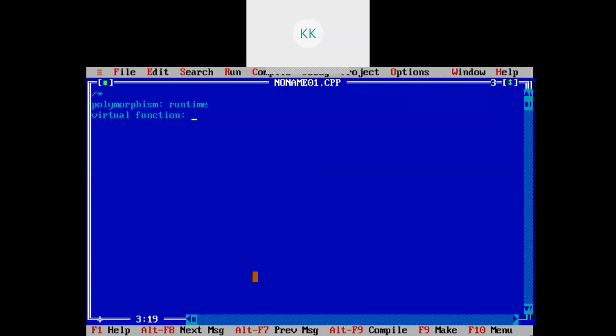Polymorphism has two types, that is runtime polymorphism and static polymorphism. So this is an example of runtime polymorphism. So what is a virtual function? First you need to understand, we can use a pointer of the base class to point to an object of the derived class.